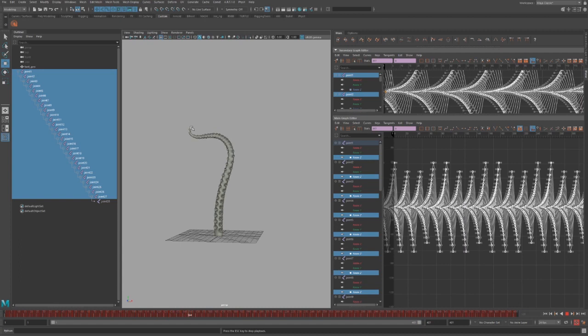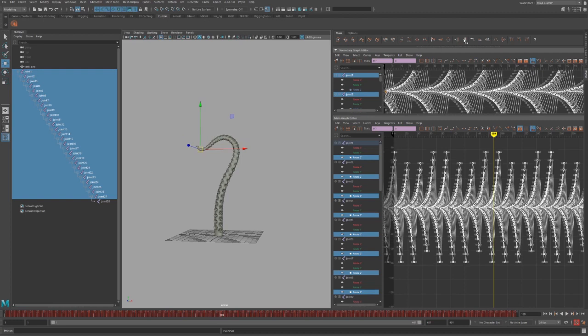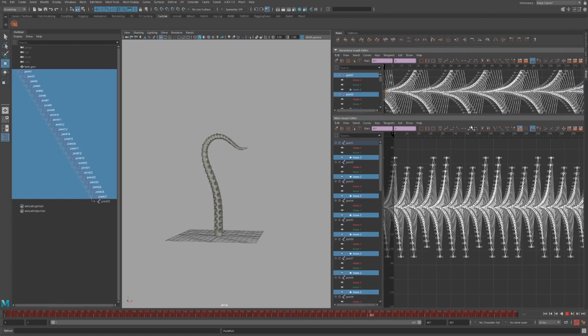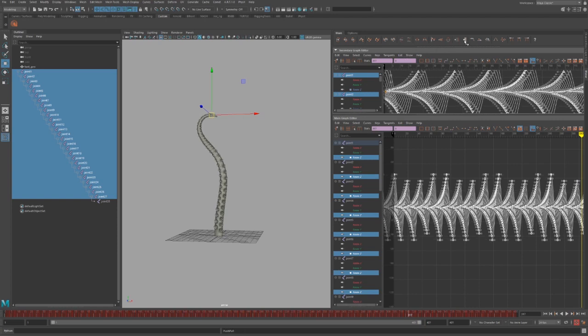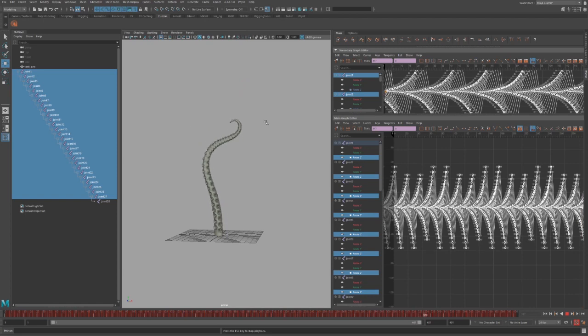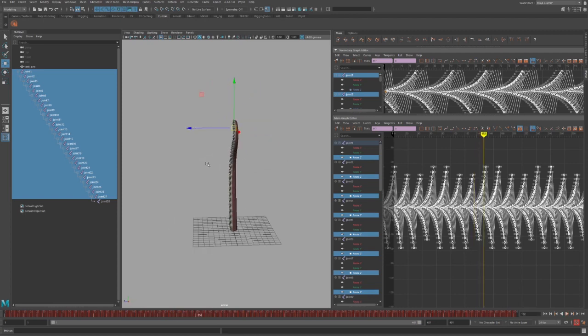Now, here I can still play with this. Let's see what happens if I push this a little bit more. It's getting a little weird. So I'm going to do this. And maybe shrink it down a bit. The offset. All right. So now when I look at it from here, it looks great, but if I'm looking at it from the side, it looks a bit flat. So what I can do